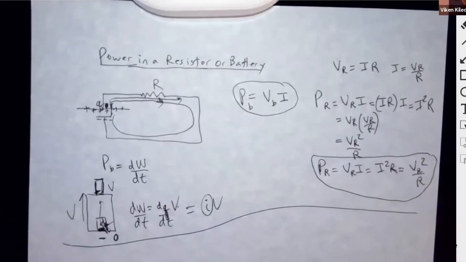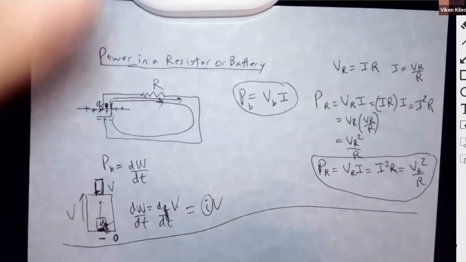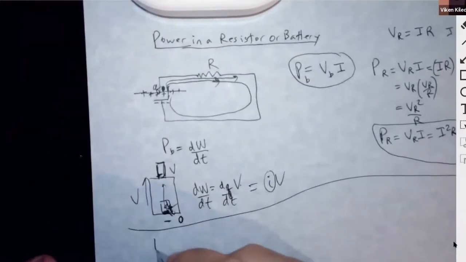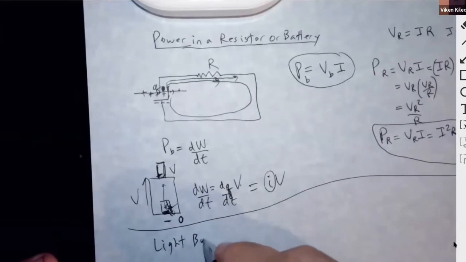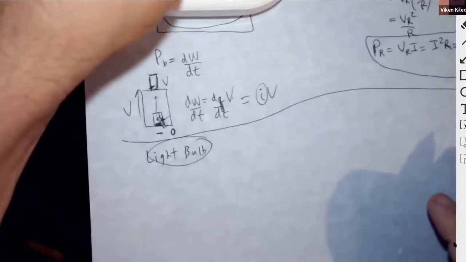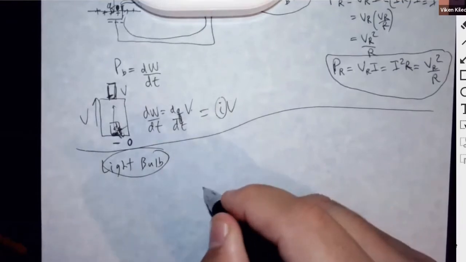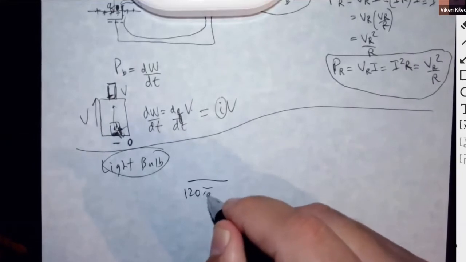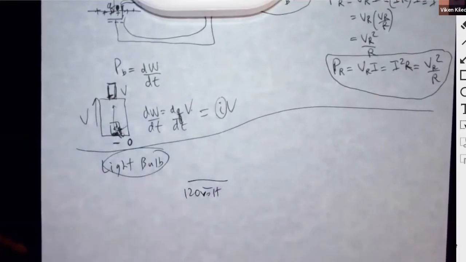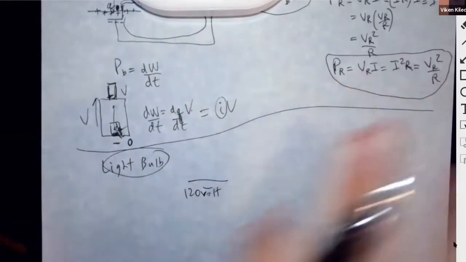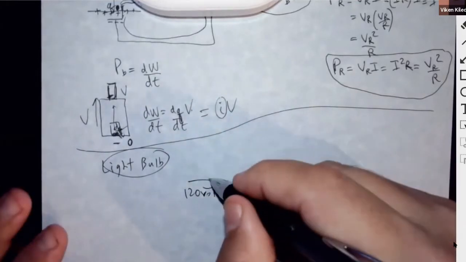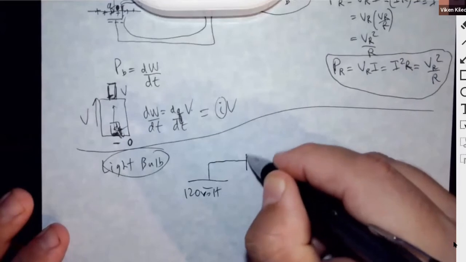So, for example, if you apply this to things like light bulbs, their power ratings in the United States are based on 110 volt or 120 volt. So imagine you have a 110 or 120 volt source, because that's the source that we get from our power outlets. Of course, it's an AC source, but right now, don't worry about the fact that it's AC. So then if you take a light bulb that's rated